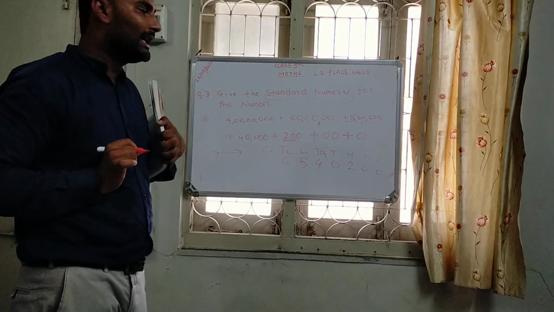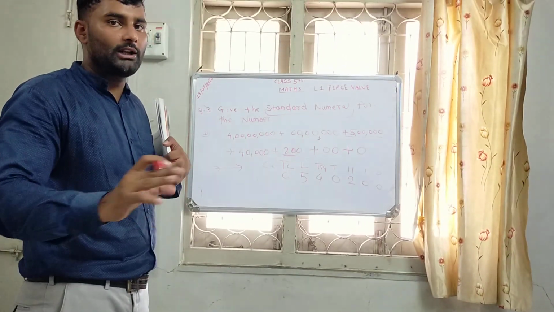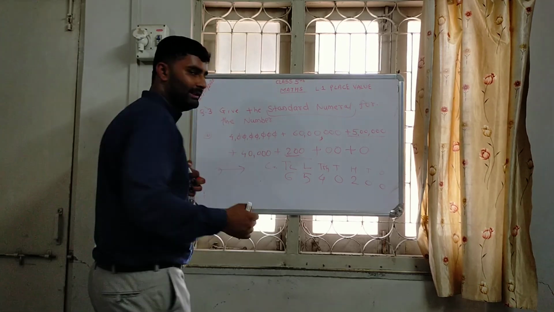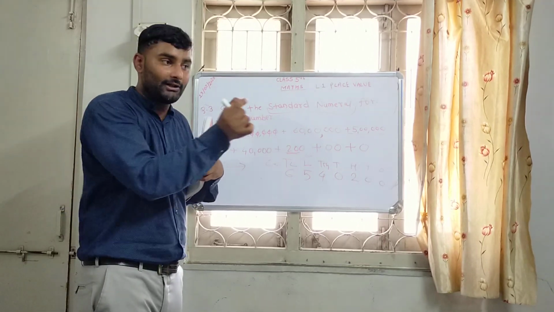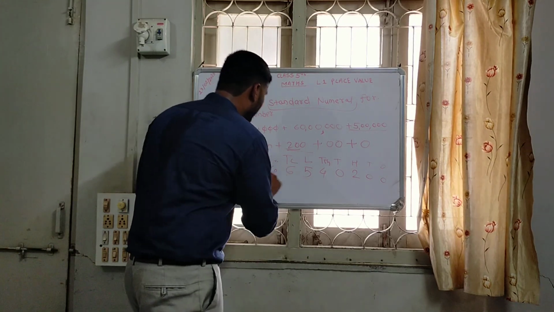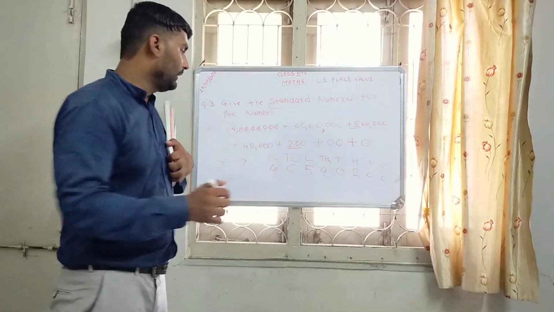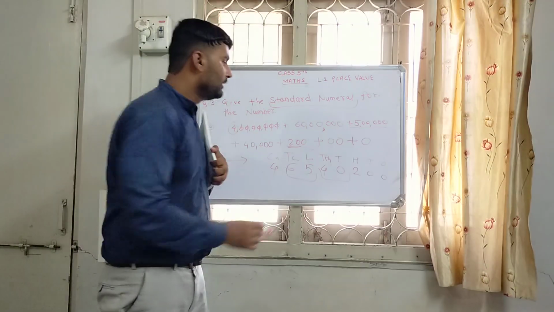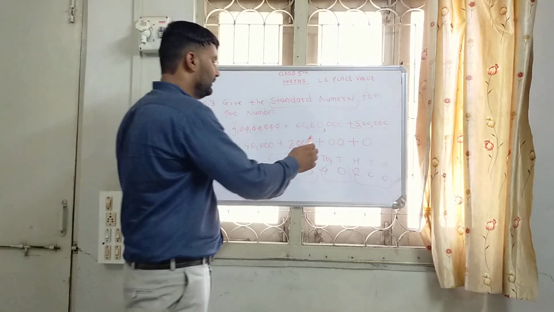And how many crore are there? Just check the crore, whether there are 7 digits or not after the digit. 1, 2, 3, 4, 5, 6, 7. Yes, this is a crore term. In crore term there are 8 digits, and after one digit there are 7 digits. So this is the value of crore. So now our answer is 4 crore 65 lakh 40,200.